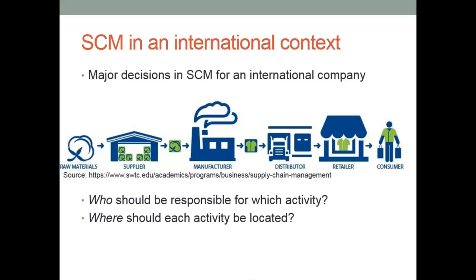So we could ask ourselves, for instance, who could be the supplier in this value chain? Should the international company produce its own supplies, what we call vertical integration, or should it purchase supplies from an independent firm, what we call outsourcing? Also, should the production, the manufacturing, the figure above, be located close to the customer, or rather in a country